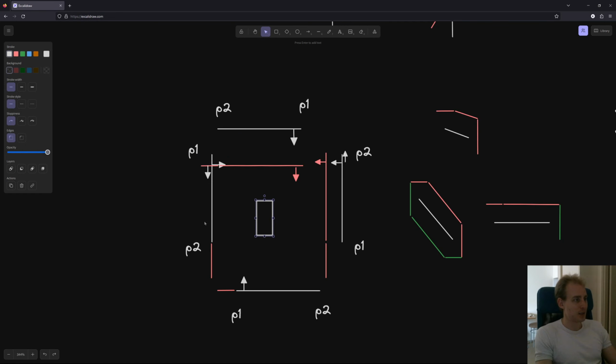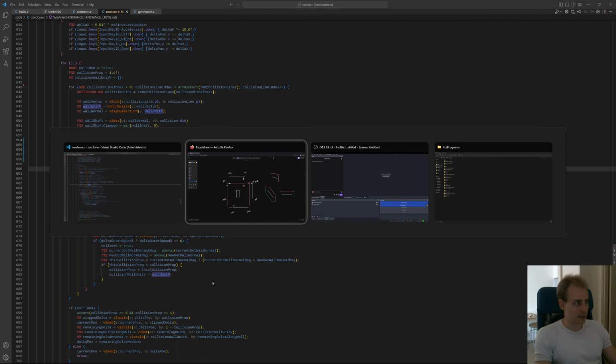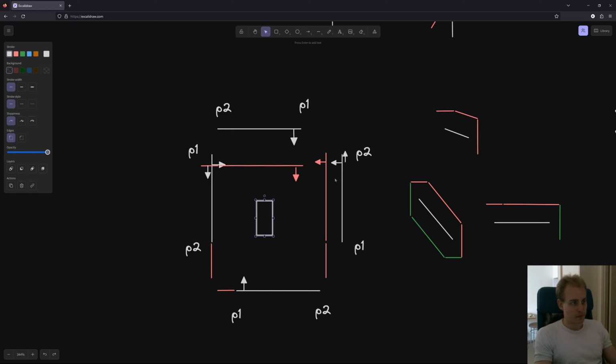So the extension always happens to this point, and it always happens in the direction of decreasing coordinate. So we need to subtract from either the x or the y, depending on the orientation. So that's where this dot product comes in. So if you just do wall unit vector dotted with the collision dimensions, then well,